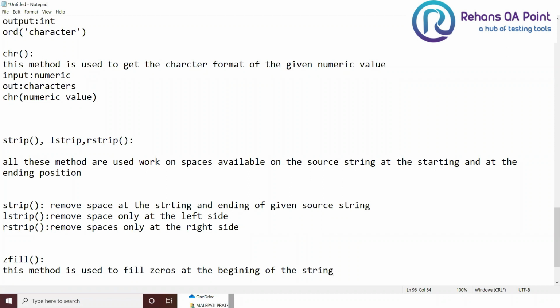Okay, so it is going to fill the zeros until how much? Until the length given by the user.